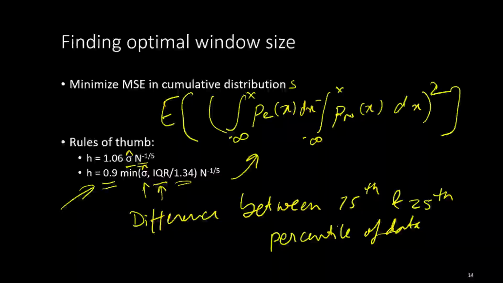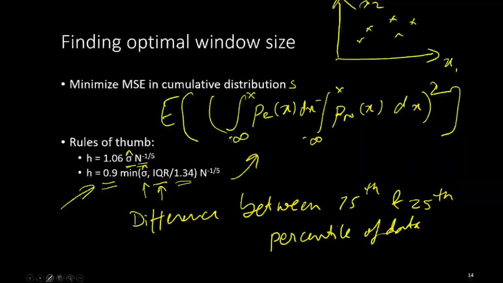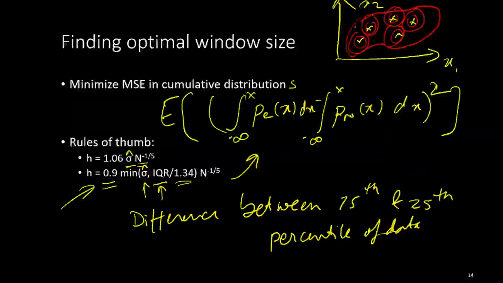Now the optimal window size and the optimal kernel density are all based on the assumption that we are looking at a single-dimensional Gaussian, but the technique is useful even for multiple dimensions. If we have dimension x1 and dimension x2, we could have a bunch of points, and on each of these points we could put a Gaussian kernel, divide each of the kernels by n, capital N, and then add them up. Basically we will get a probability density estimate for the given sample points.